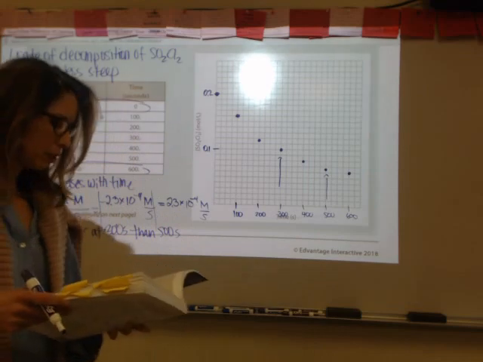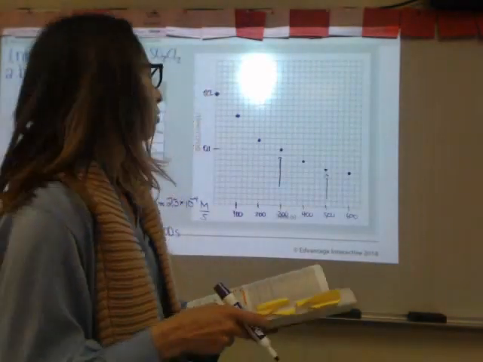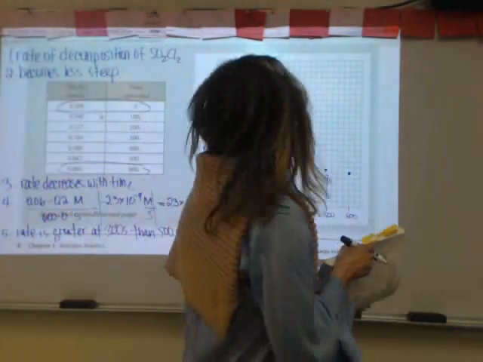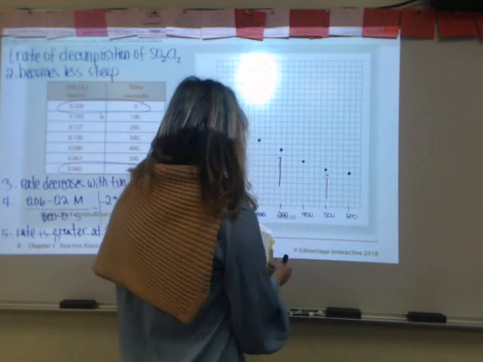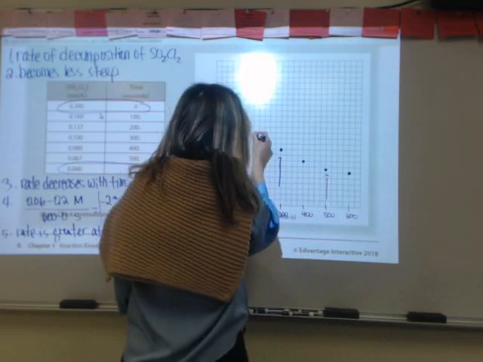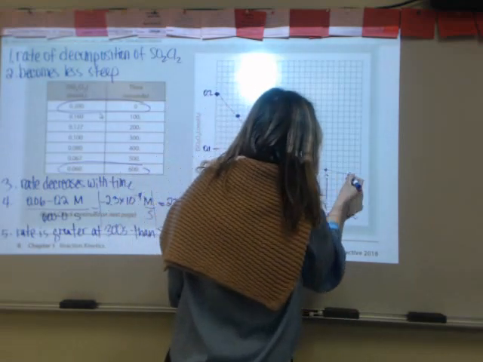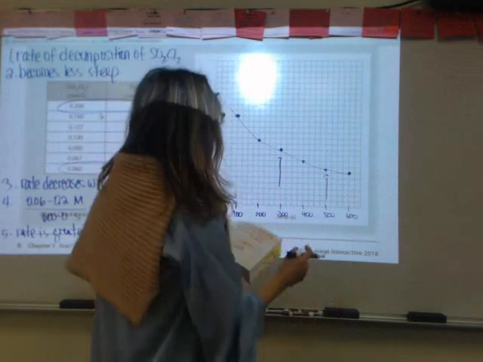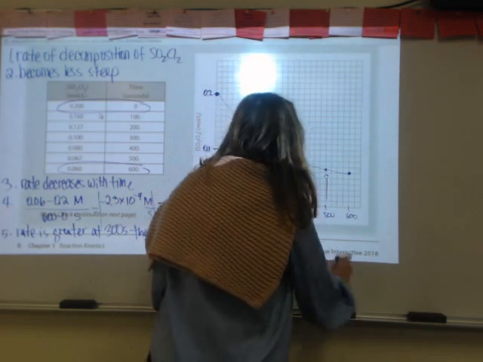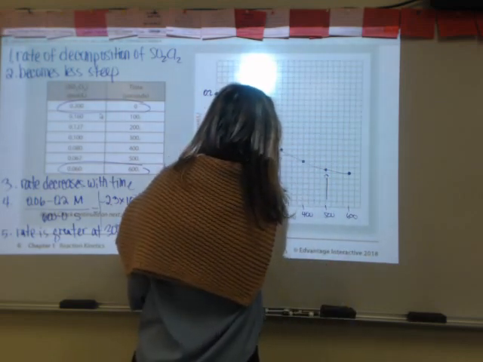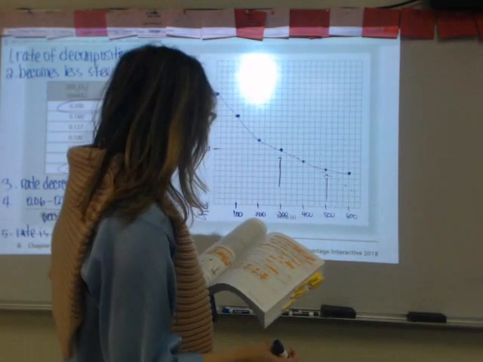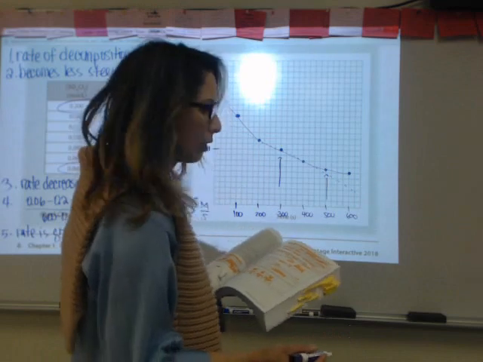Number 6, suggest a way to determine the rate at the particular times mentioned in question 5. The rates at those particular instants are called instantaneous rates. So what you're going to do is draw a line. If this is my curve here, you draw a tangent line that touches only that point. So you make it go something like this, and then you pick 2 points on that line,